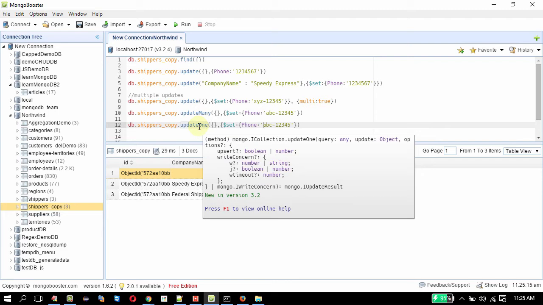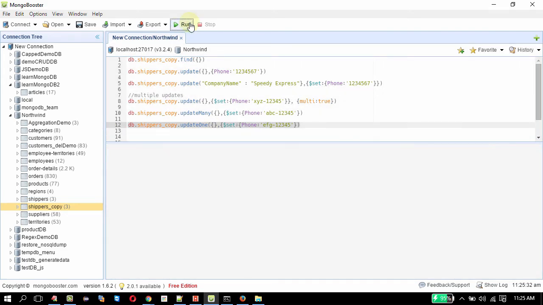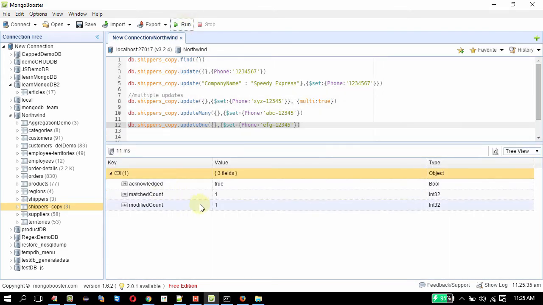This is the syntax. It's the same as that of updateMany. Instead of ABC, I'm going to make it as EFG. This has to update only the first document, which is going to match this query. Matched count is 1. Let me do a find.